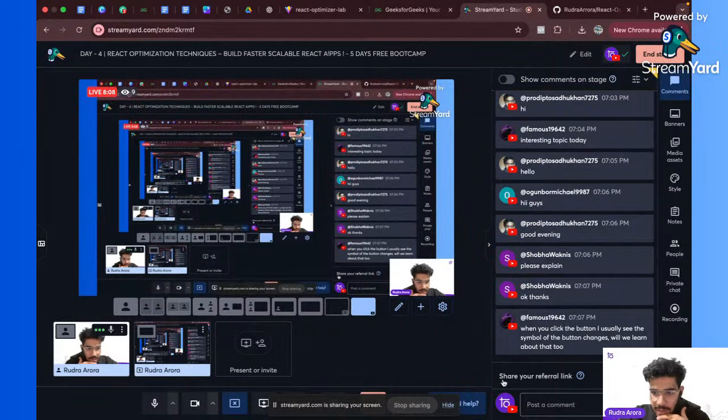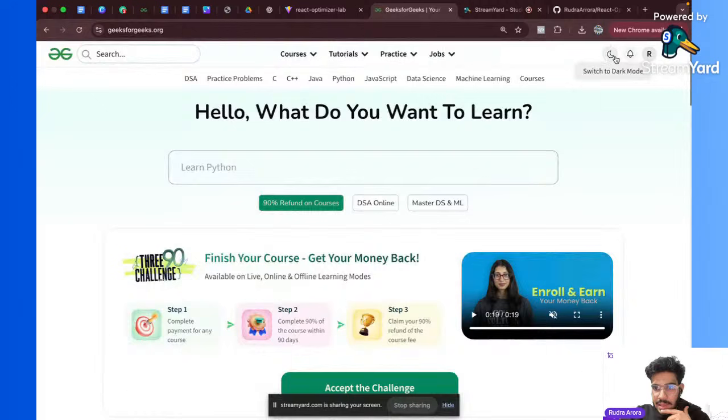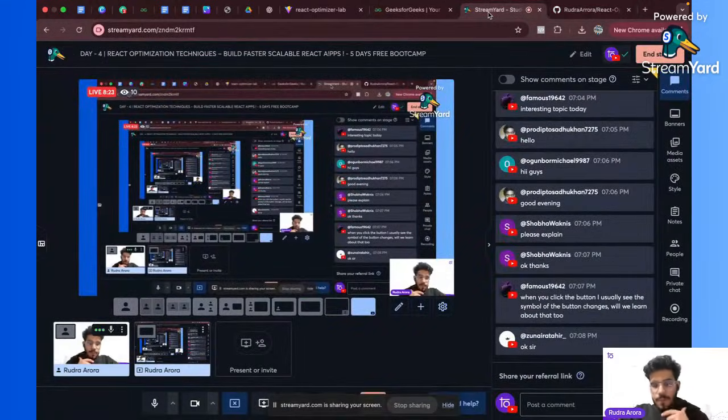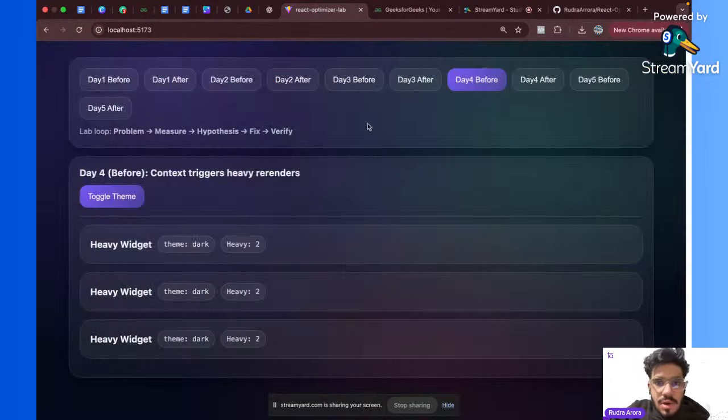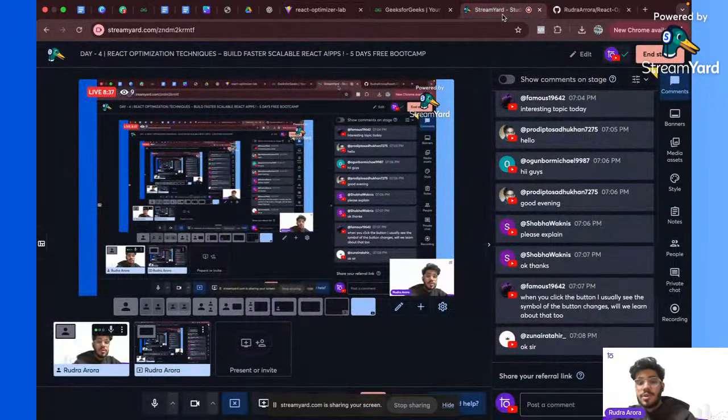When you click the button, I usually see the symbol of the button change. Yes, you'll see how that particular thing is also working. We are toggling the theme. The theme section is showing here that it is dark now. When you toggle the theme, it says it's light now, right? So instead of textual form, you can add icons to it, right? Font Awesome, there is